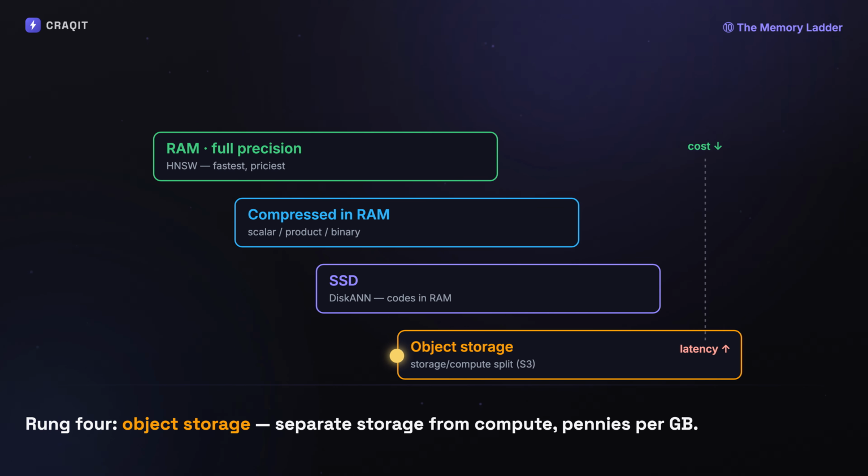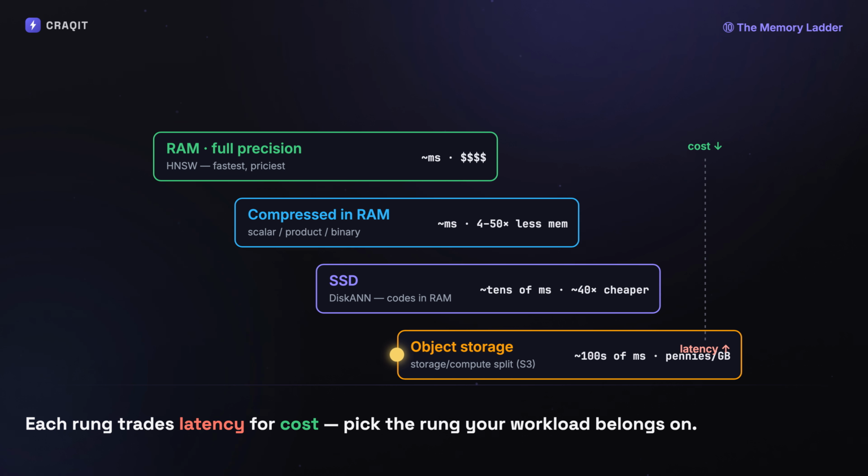That last step, popularized by systems like Turbo Puffer and adopted across the industry, means storage scales independently of query load. Put rough numbers on it. Full precision RAM is single-digit milliseconds. Quantization cuts memory 4 to 50 times for a small recall hit at similar latency. DiskANN pushes cost down roughly 40 times at billion scale for maybe tens of milliseconds. And object storage is pennies per gigabyte, but adds hundreds of milliseconds on a cold read, which is why you